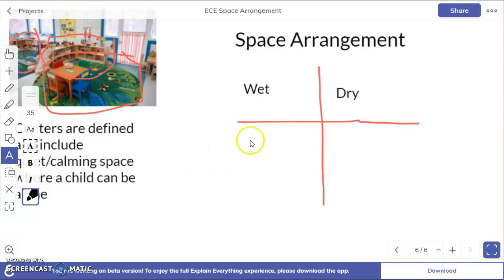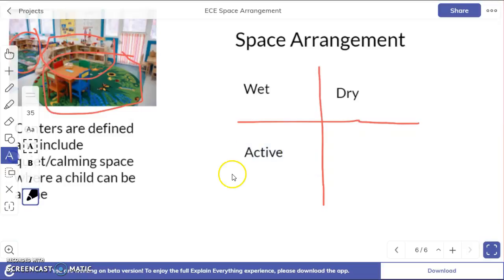This might be your reading area where you're not going to want water or liquids to spill on those materials, or activities that are on a carpeted area. And then you also have active, where these are more like your dramatic play and blocks where kids are moving. They might be a little bit louder. So you want to have a good open space for that and have it well arranged